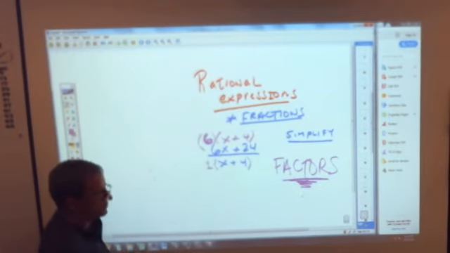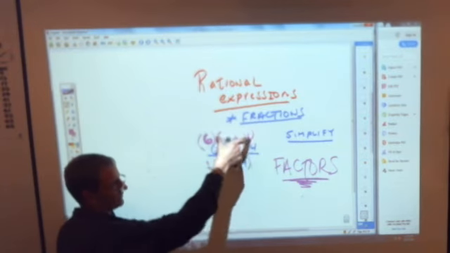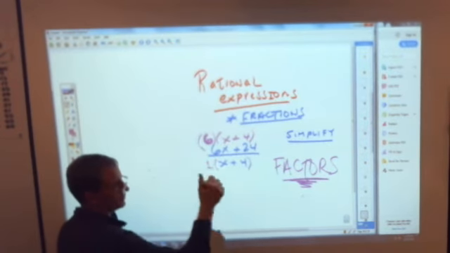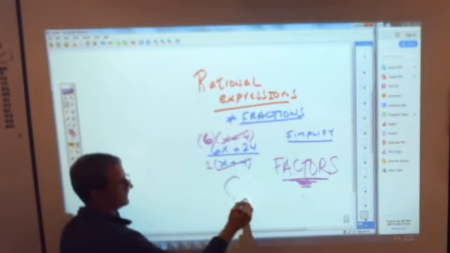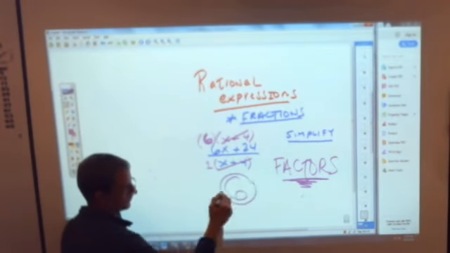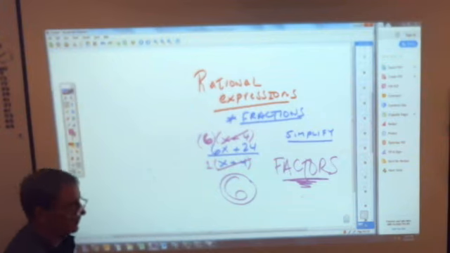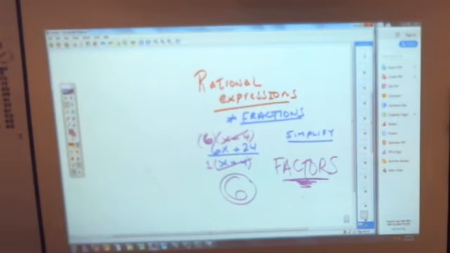And then once, boys and girls, once you have this factor and this factor, as long as they're factors, they will cross cancel. And that whole thing actually simplifies down to just 6, or 6 over 1 if you will. Do you kind of get the gist of that? I'm not sure where the book is going with this.